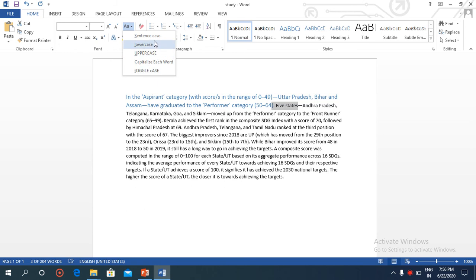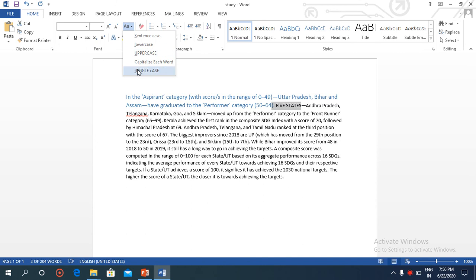If I select sentence case, the first character of each sentence will be capitalized. If I select lowercase, then all the words will become lowercase. If I select uppercase, then all the words will become capital.